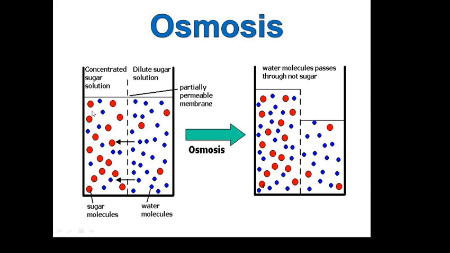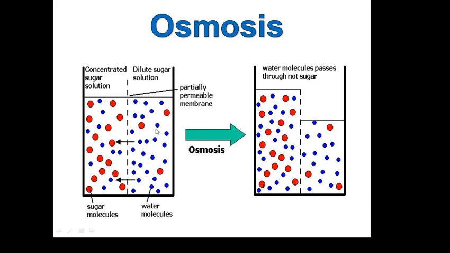Okay, so can you see here, this is a concentrated sugar solution. Osmosis is known by the movement of only water. Let's see how. This is a concentrated sugar solution and this is a dilute sugar solution. What happens here? The water, this is the blue part, passes from dilute to concentrated, that is, from high